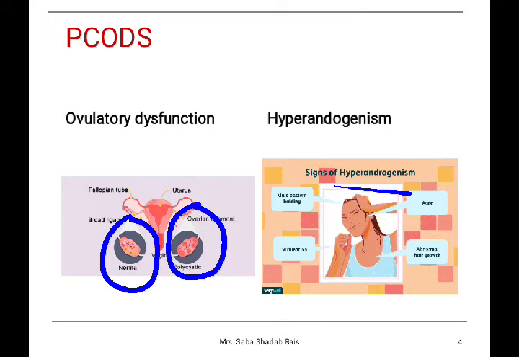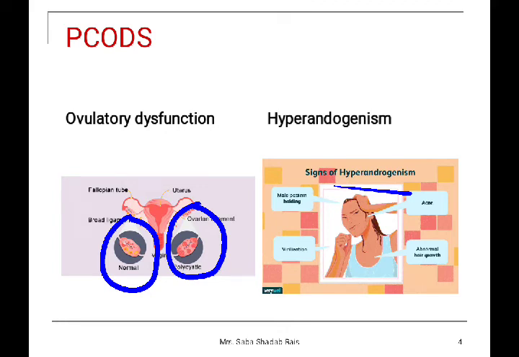Now, when the insulin level elevates in our body, what is the function of the insulin hormone, students? What is the function of the insulin hormone? Can anyone tell me, please? Come on, fast. What is the function of the insulin hormone? Very good, beta. It regulates the blood sugar level. Now, here I said hyperinsulinemia causes